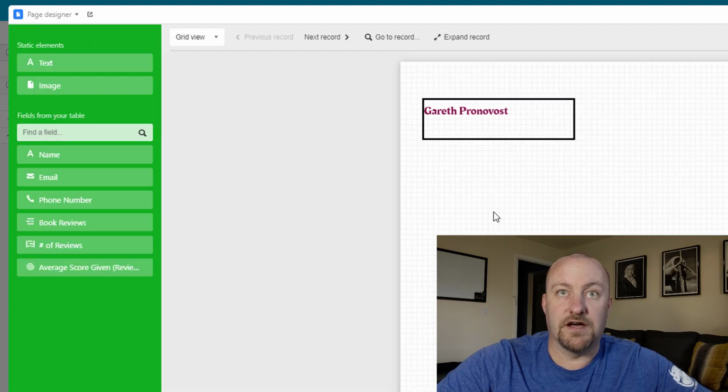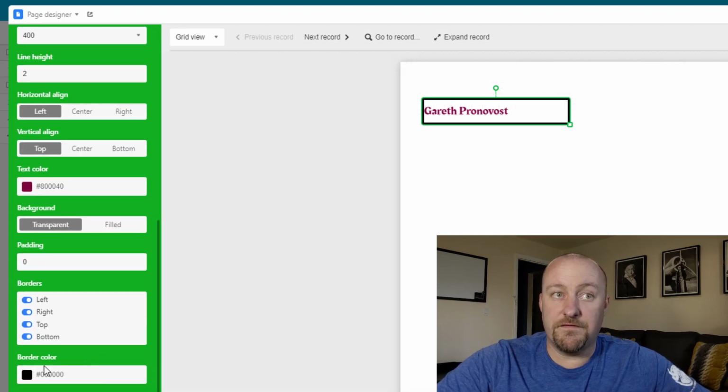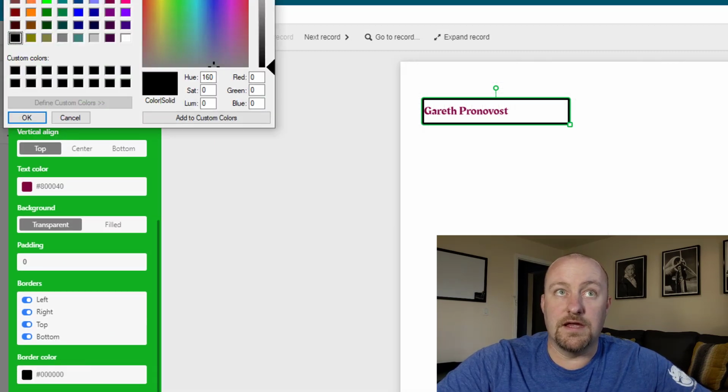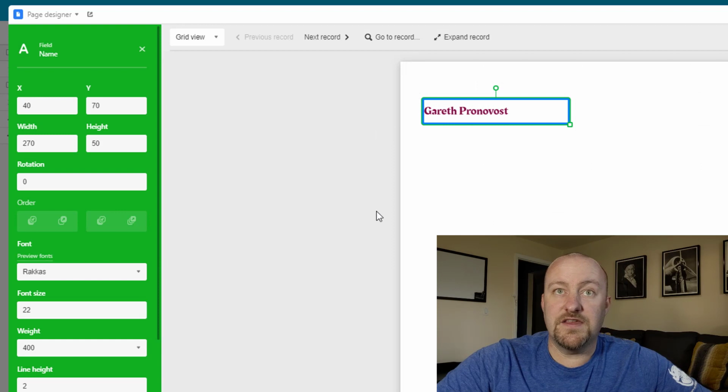Oops, I didn't mean to turn those off. There we go. So you get the idea, right? A lot of different formatting options that we have access to here. So once I've gotten that kind of situated, I'll click on this again, and now I'm in the